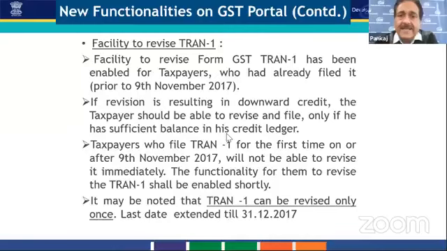If such revision is resulting in downward credit, the taxpayer should be able to revise and file. But if a taxpayer has wrongly entered the amount of ITC available to him in the Tran 1 and it resulted in a higher amount than what was available to him, then in that case he should have sufficient balance in his credit ledger at that time, resulting in that he has not utilized that not available, ineligible amount towards payment of tax.